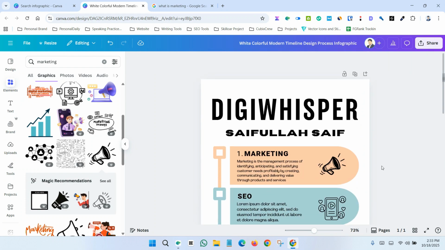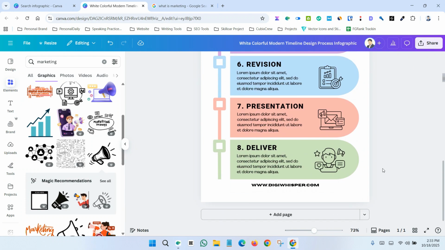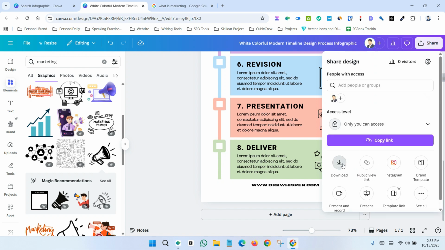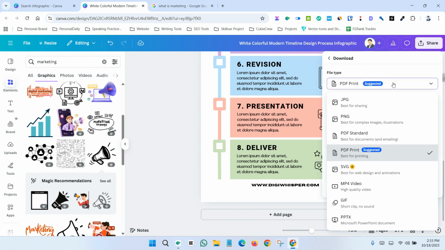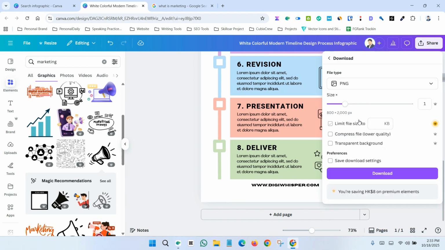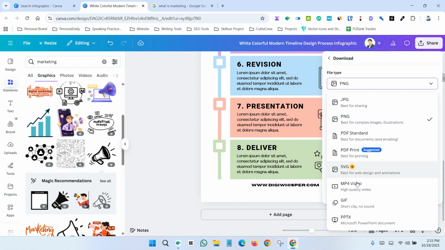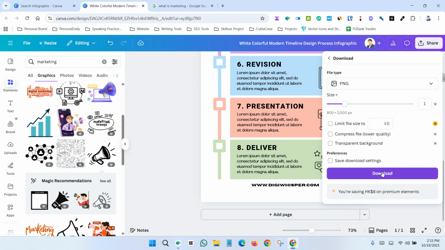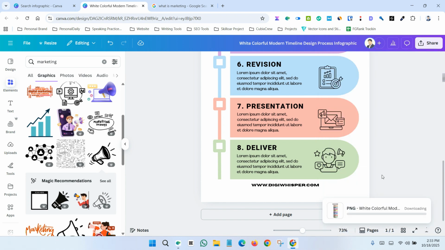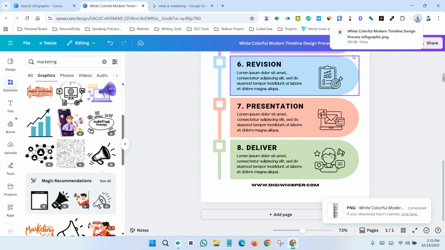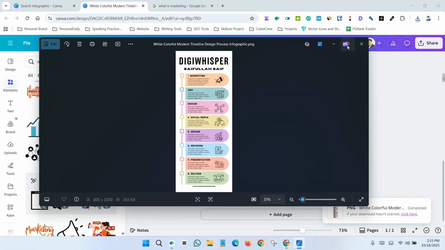Once everything is done, everything is customized, then just click here, click the download button, and either you can download this file as a PNG image, or you can download this file as a PDF. So let's say I want to use these infographics in Pinterest. So I need to select the file format as PNG, and just click the download button to download it. And here is my